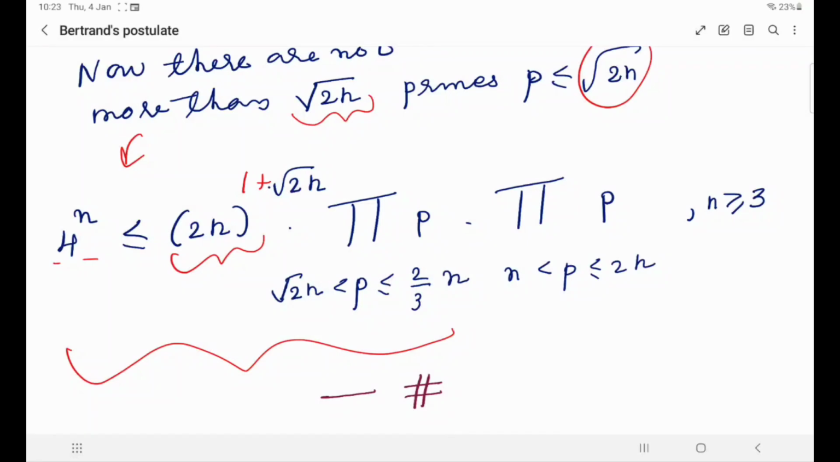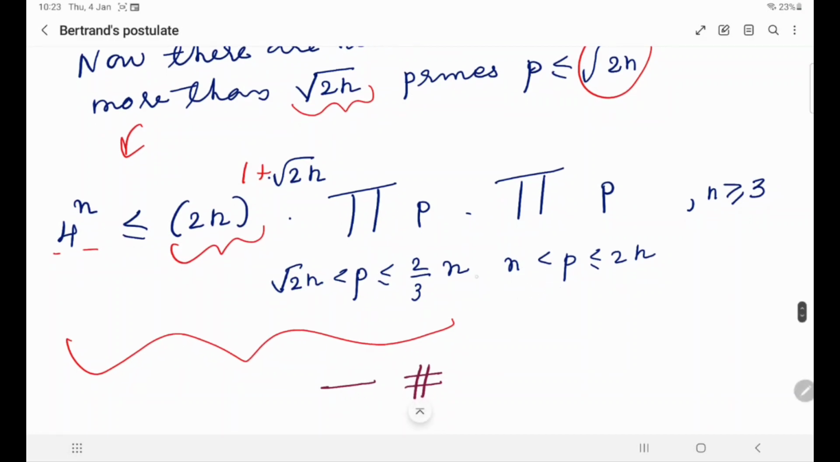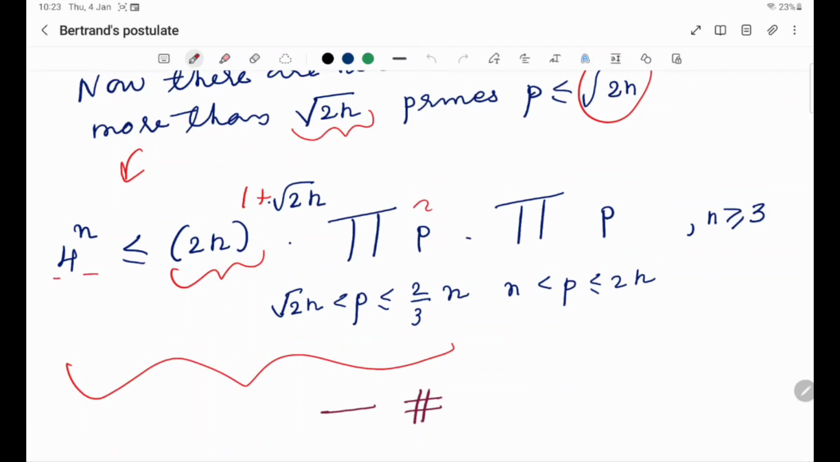So we have proved up to this: 4 raised to n is less than or equal to (2n) raised to 1 plus root n, times the product of primes between root n and 2/3 n, and primes between n and 2n. Okay, so now we